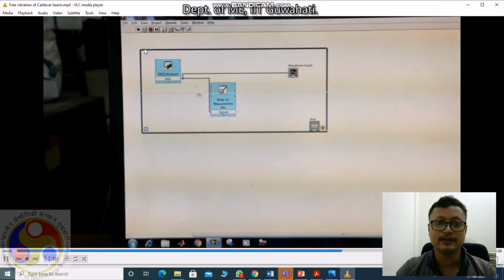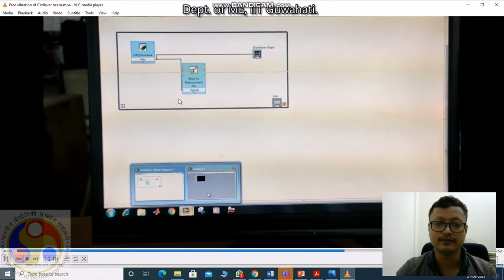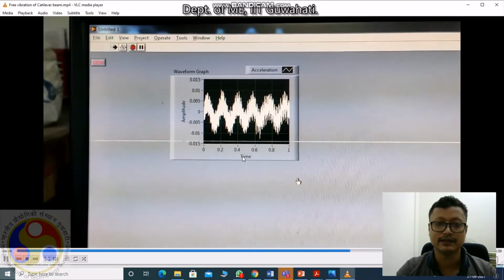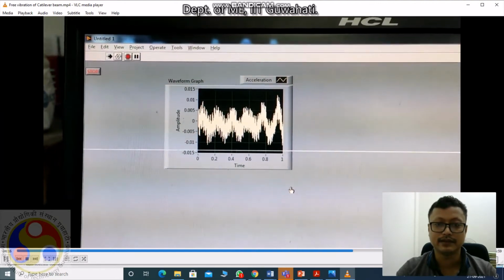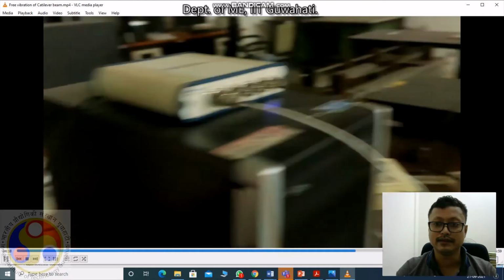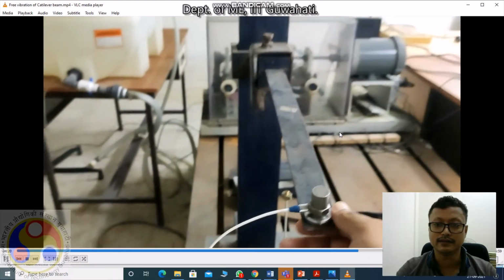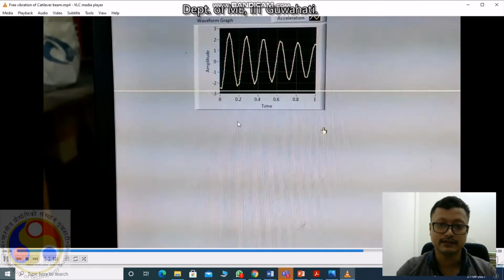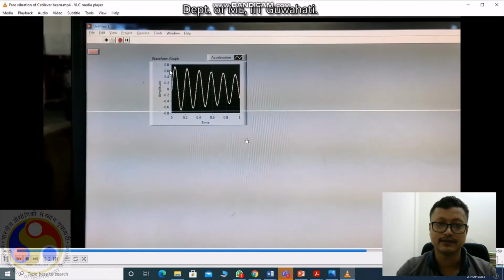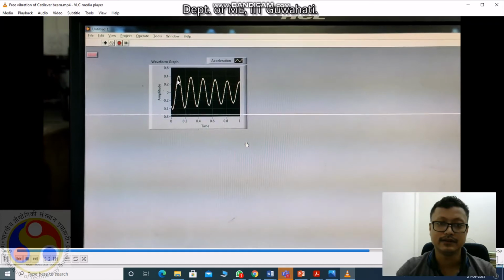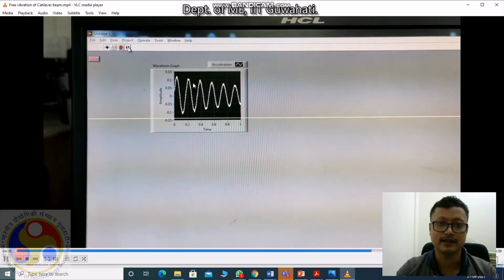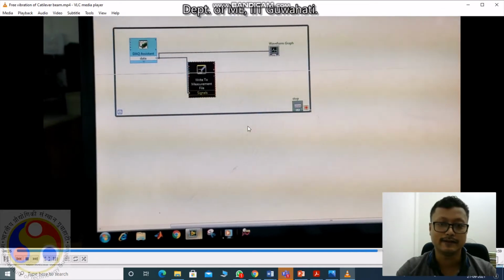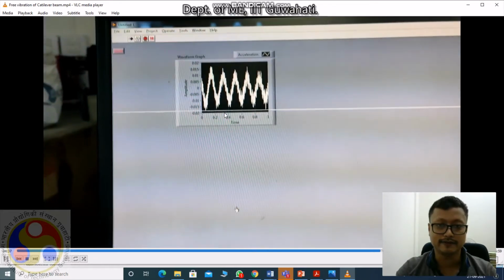So you can click run, and you go to the graph, and you can get this type of amplitude versus time graph. Again we need to give another impact or jerk. See, you are getting this data from this accelerometer. The first one is x naught, and the number of cycles is still coming in this graph. You can consider the last value for xn.